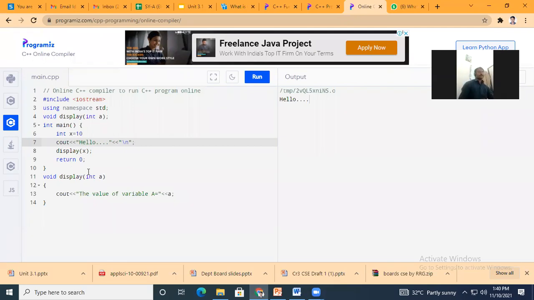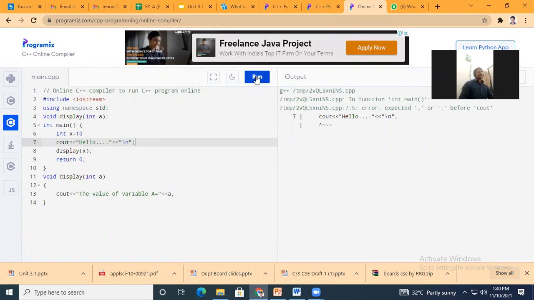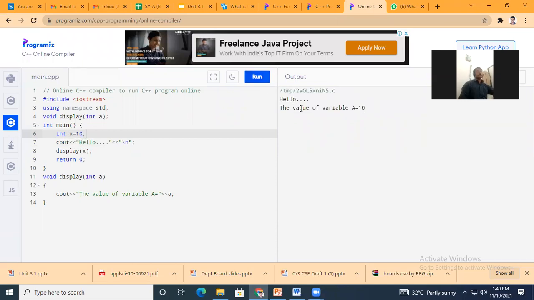Yes, I forgot to make a semicolon. See here. Now, as I declare the name of the function as display, it is going to display the value of a variable. I'm doing a very simple example for you.